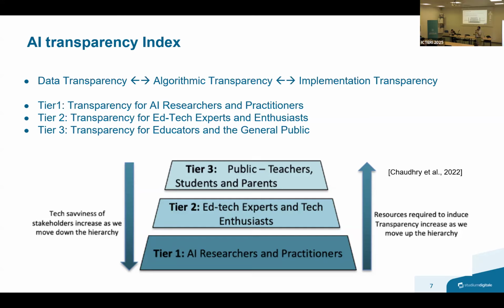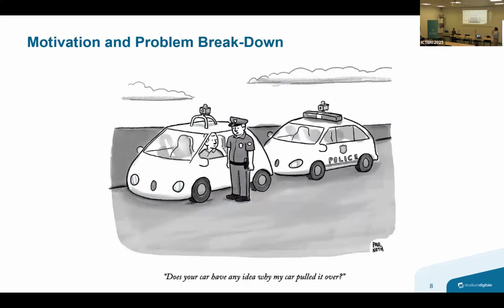We actually introduced an index to show how transparent AI systems are to different types or different groups of users. And we defined 3 tiers of transparency. Those systems that are transparent and understandable by highly experienced people, developers, people with highly technical backgrounds, and so on and so forth. There is the second tier,